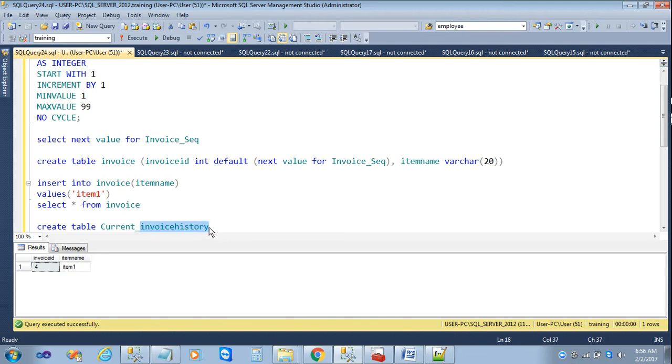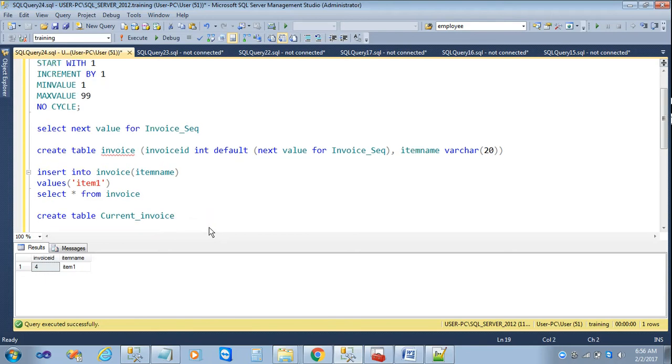First I will create current invoice, and then I will create invoice history. Invoice ID int,